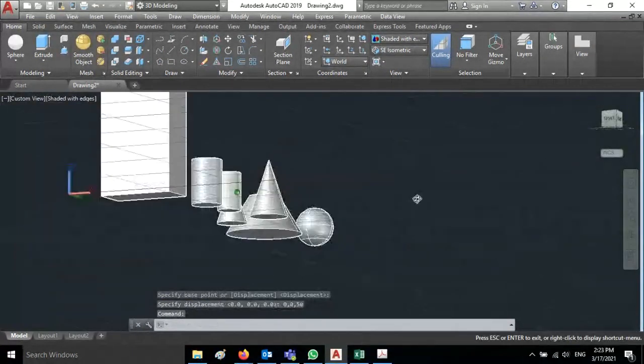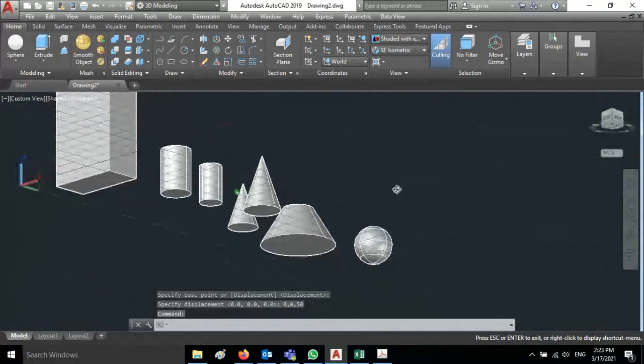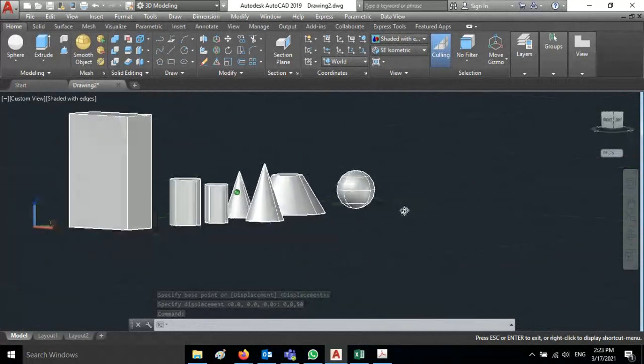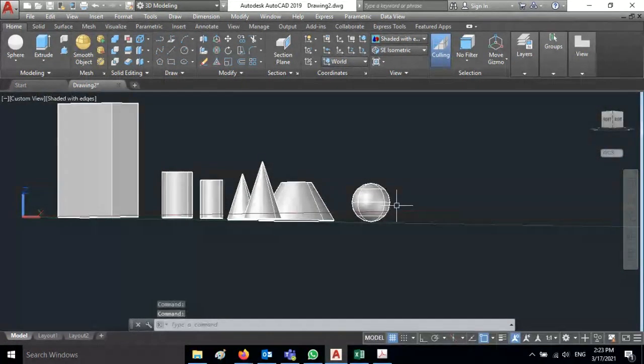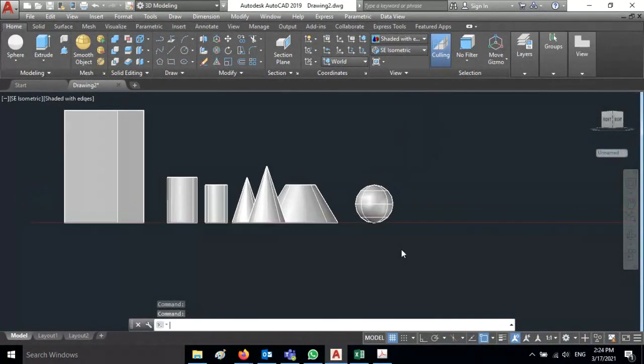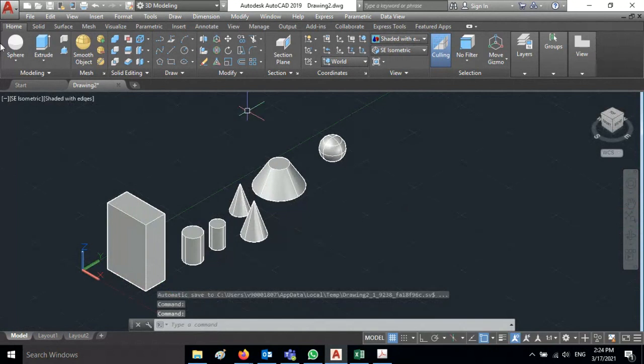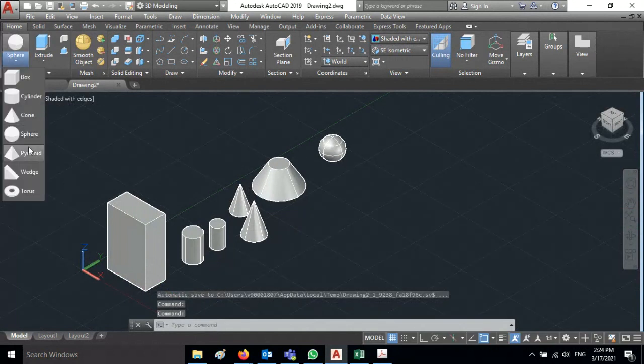Now we can see it has moved up. Okay, it is same colors. Go to isometry. Okay. This is called sphere option.